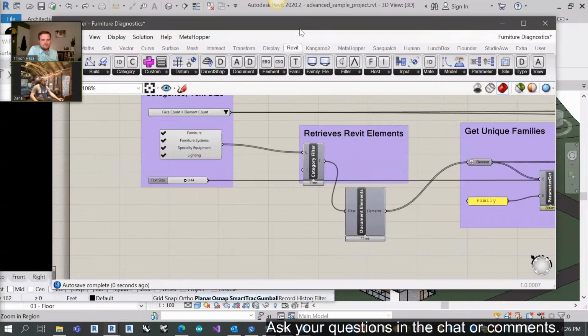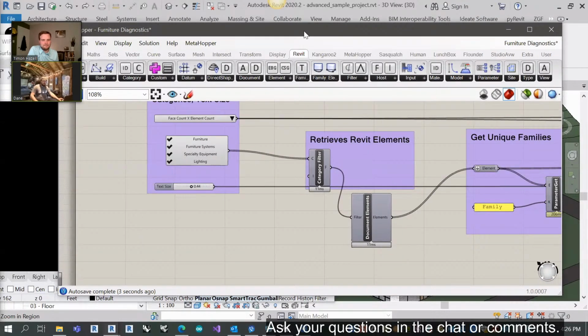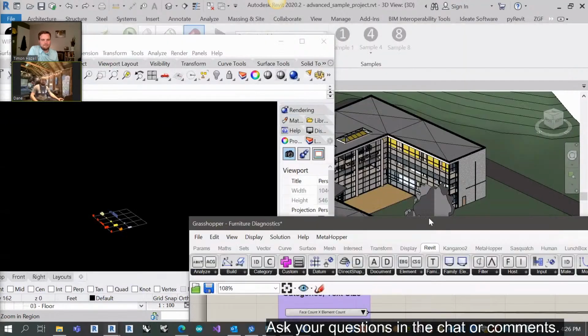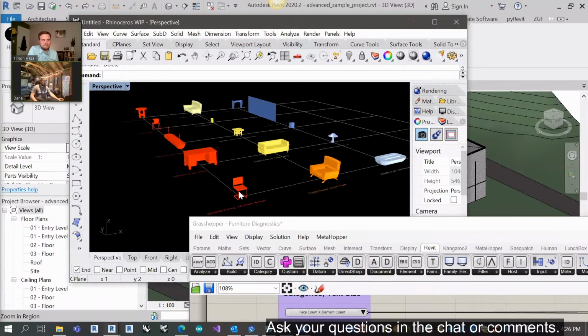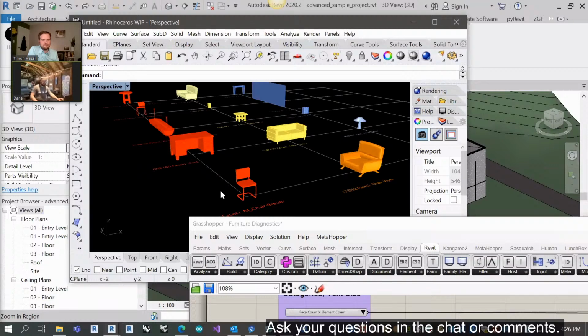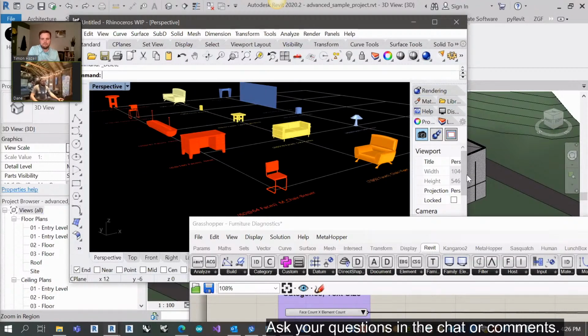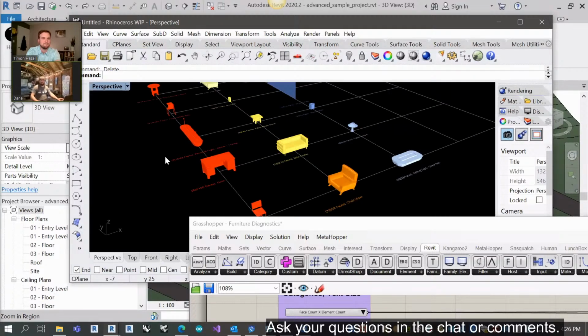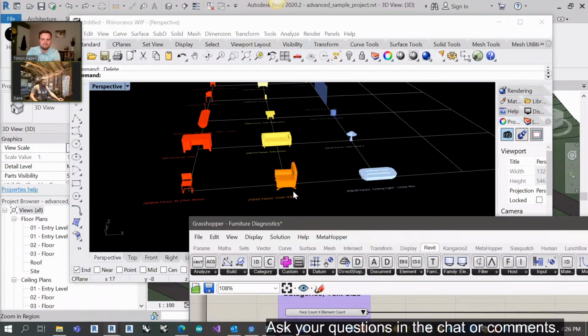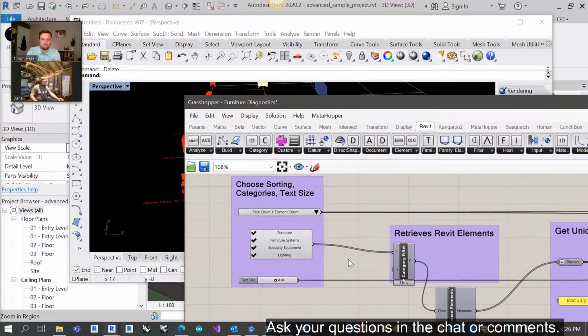So a lot of our models are very, very large. We have a lot of million-plus square foot buildings that may have 40 to 60,000 pieces of furniture in them. And I think a lot of you know that, I've certainly had Dynamo definitions break because all of the parameters in the furniture were in Italian because they were downloaded from somewhere on the internet. And they're super complex. So what we see here is again a live link where now we're grabbing,